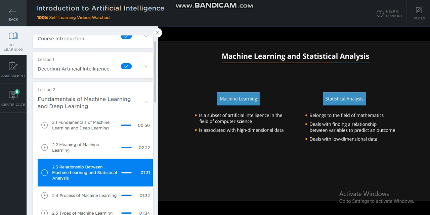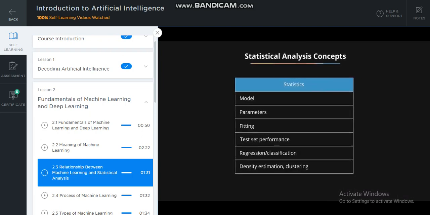So, what is the difference between machine learning and statistical analysis? Well, while machine learning takes the deterministic function f out of the equation, statistical analysis tries to estimate it. Take a look at the table given here for the different naming conventions for machine learning and statistical analysis.